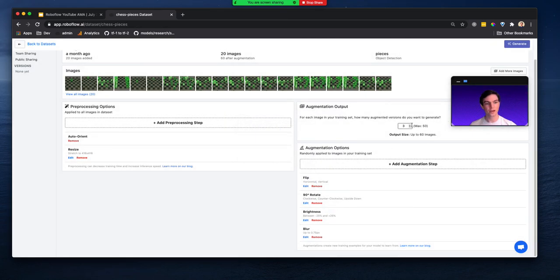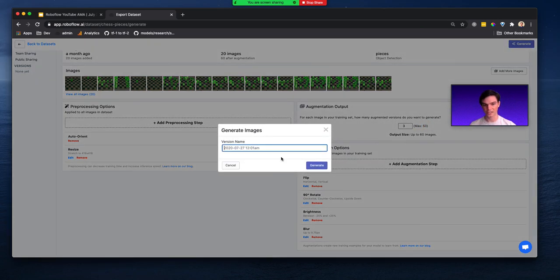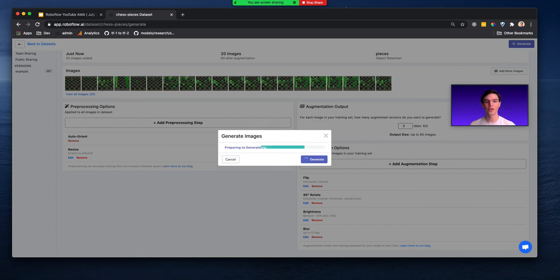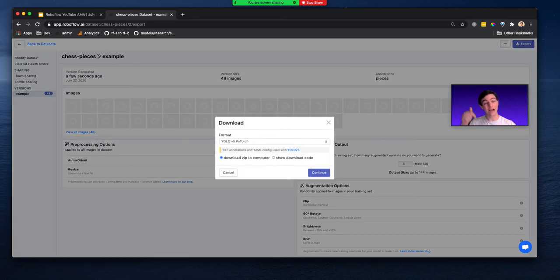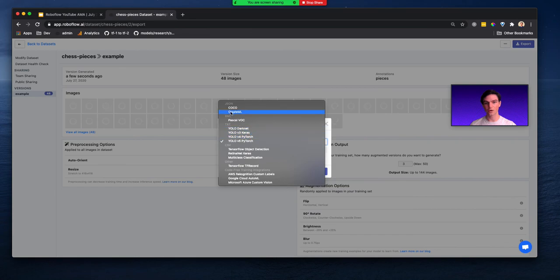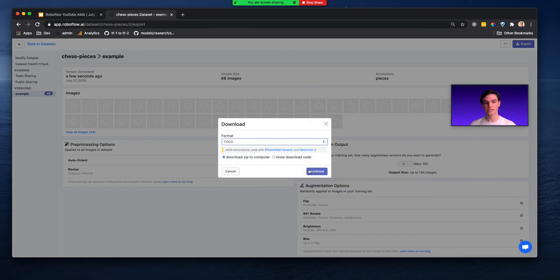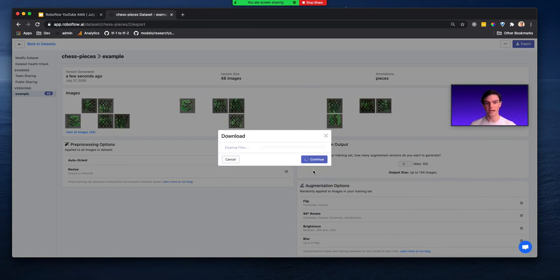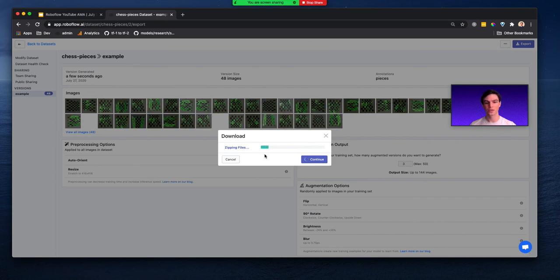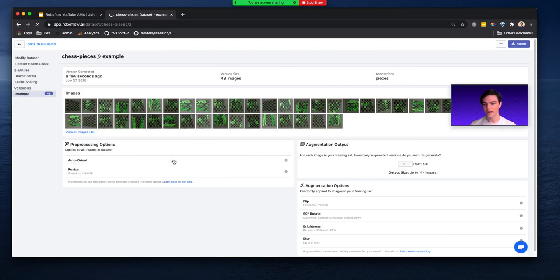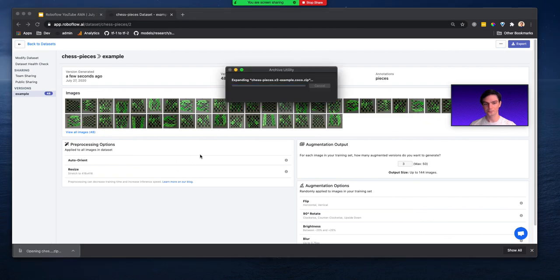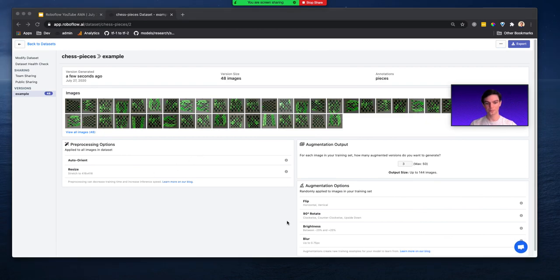Okay, now I'm going to create 3 versions of each of these images, and I'll have approximately 60 after we're done. It depends on the random number that we get generated here. I'm going to call my version just example. I'm going to generate these 3 versions per image, and then I'm going to download my images so you can see locally what I mean by the images that are in the training set versus the validation set and how they're affected. You'll notice that I get this downloaded zip file here,